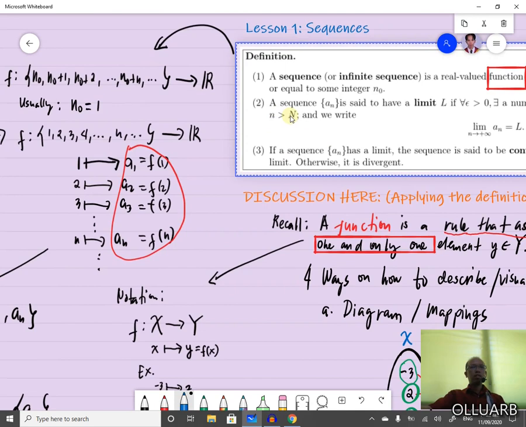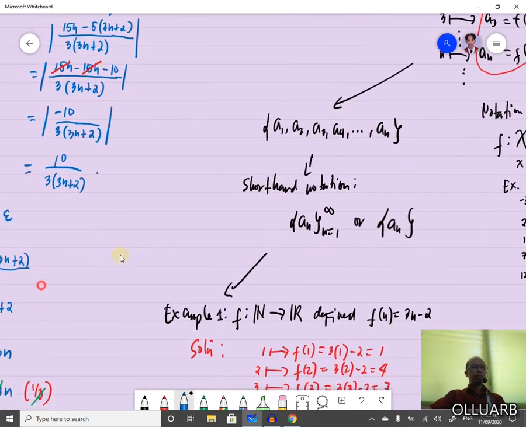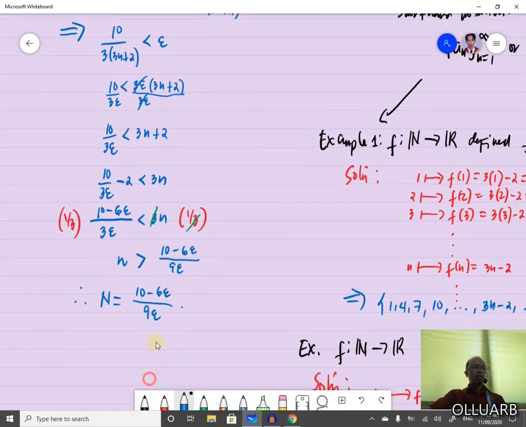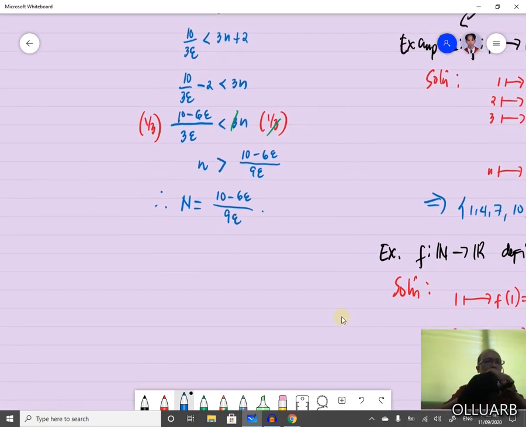Meaning to say, if your n is greater than this, then the absolute value of the sequence a sub n minus L is less than epsilon. So in particular,